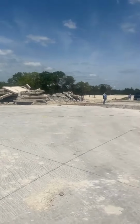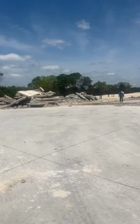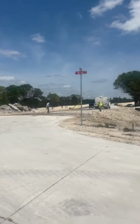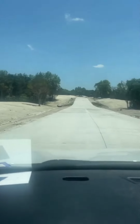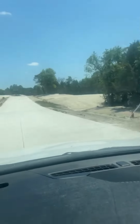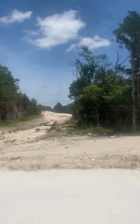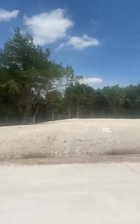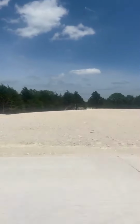Hi! Hey! Do your thing! So they're getting that concrete poured out for these streets. Right, everybody got a job to do. They're happy today. Like seeing people in good vibes, good moods. Right, but again, they left a lot of the trees here so that you can have some of the natural elements of this community. Let me drive into the existing community so you can kind of see what it's going to